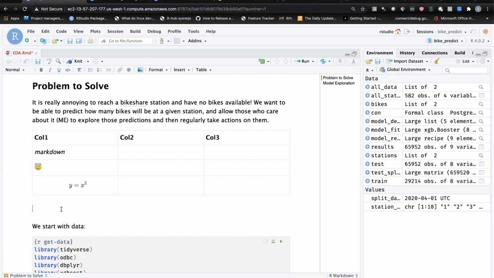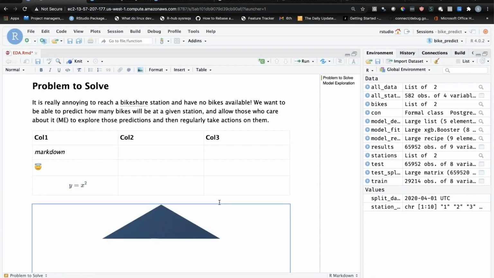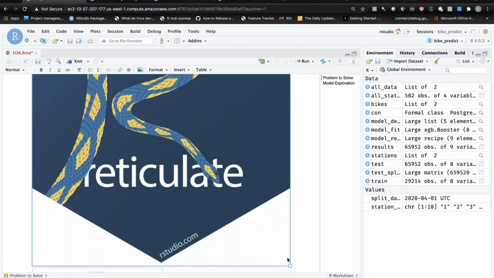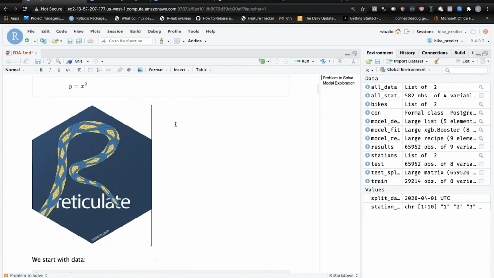And I've found that this visual editor makes things that used to be challenging for that type of technical communication really easy. One of my favorites is I can go in here and actually insert an image. I don't have to worry about figuring out where that image lives on disk, and I can even resize it interactively. So we hope that, regardless of what language, this visual editor is going to give you a head start